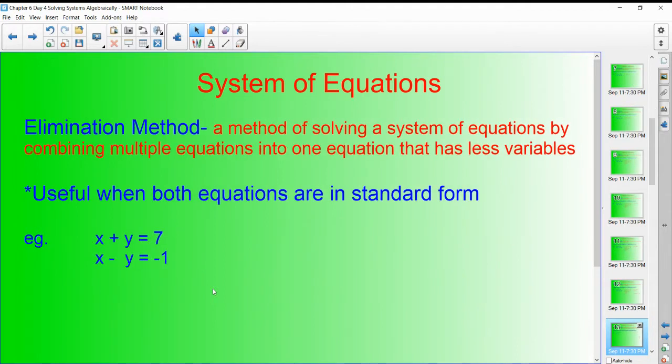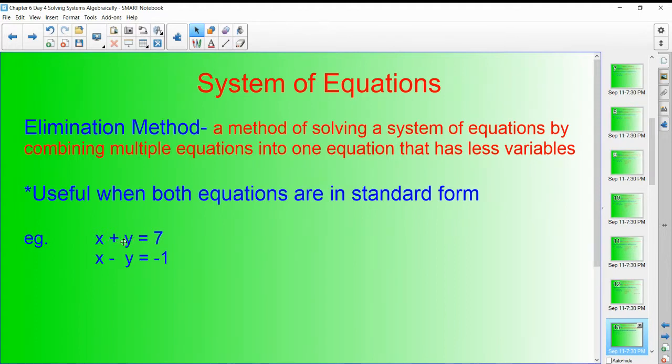Now, elimination method, we're going to combine the two equations in a little different method. I like to think of it as very helpful when both equations are in standard form, when the variables are lined up. We combine multiple equations into one equation. Now, we've learned in math that whatever you do to one side, you do to the other. And we're going to use that idea here, except